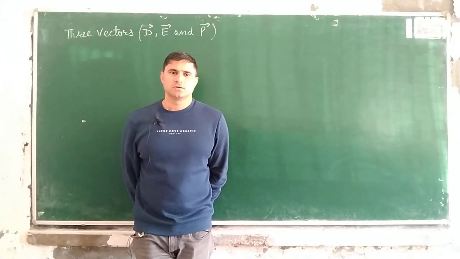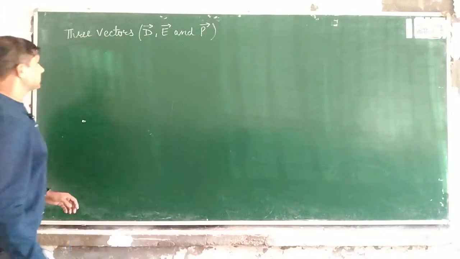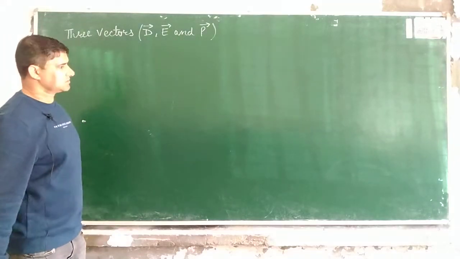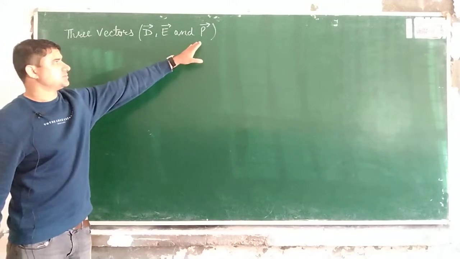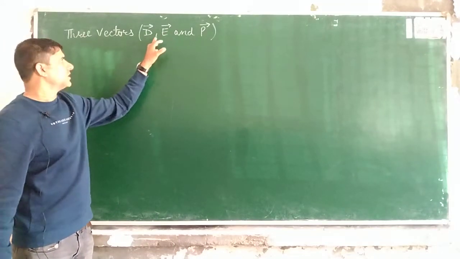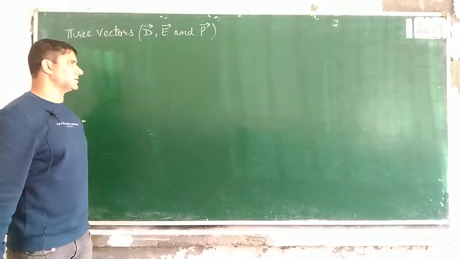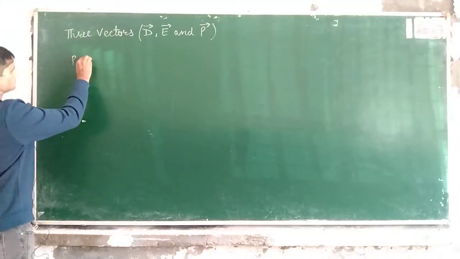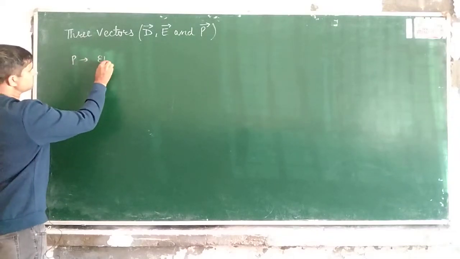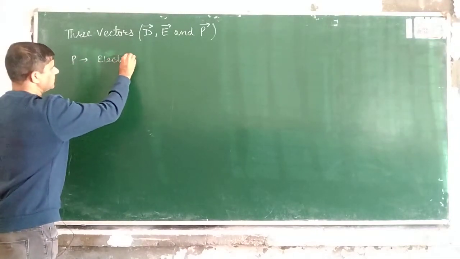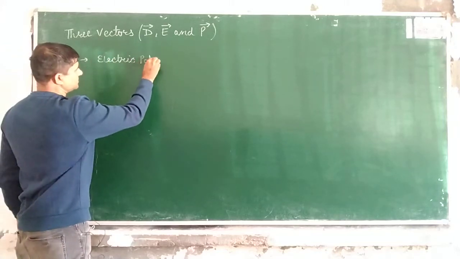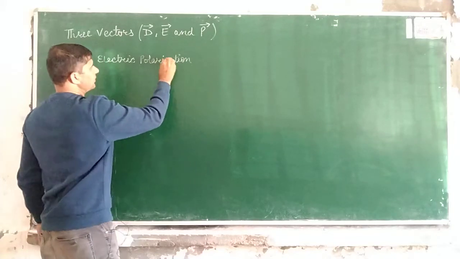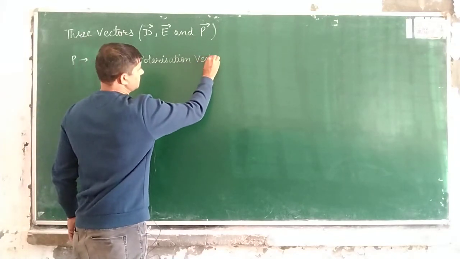Hello students, today we will discuss three vectors D, E and P. In the previous lectures we have seen that E is the electric field and D is the displacement vector. So P is the electric polarization vector, and